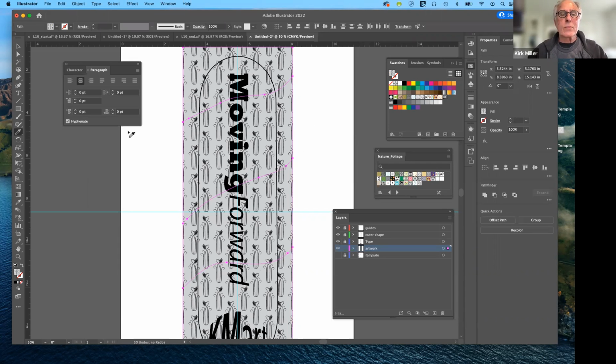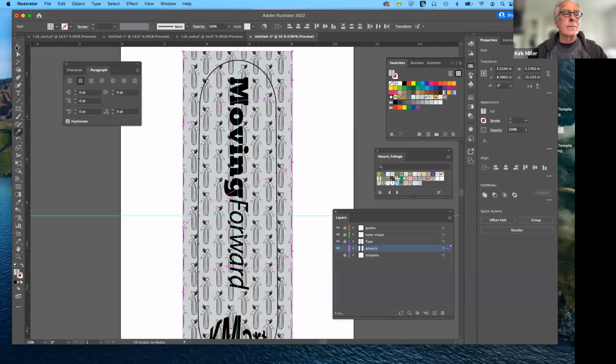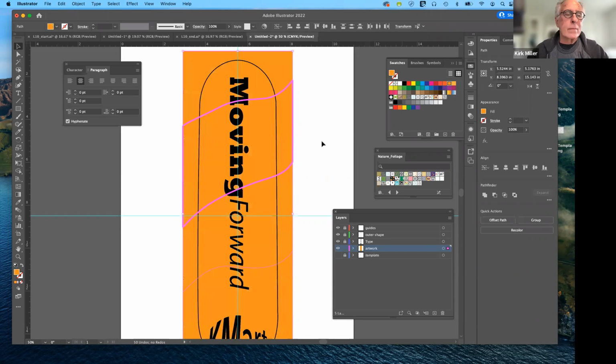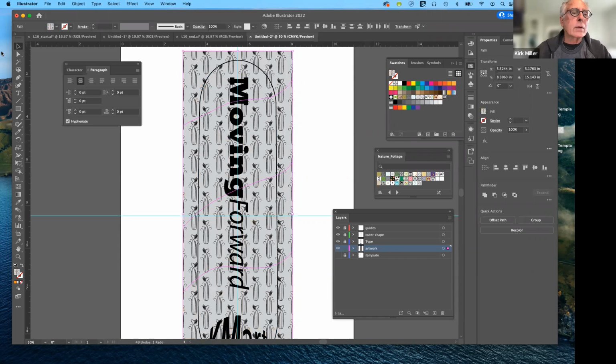So let's leave the top one as is. Let's select the second one, like so, and fill it with a color. Nope, I don't want that. Let me make sure that I have it selected. It might need group selection, because it may have left it as a group. There we go. So instead of the whole thing,